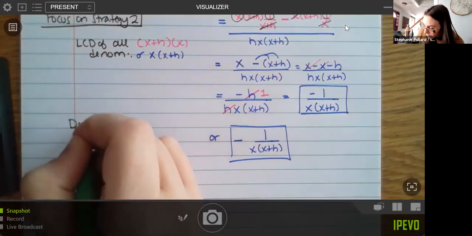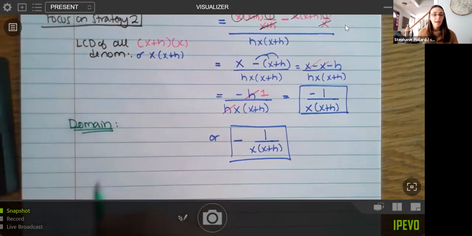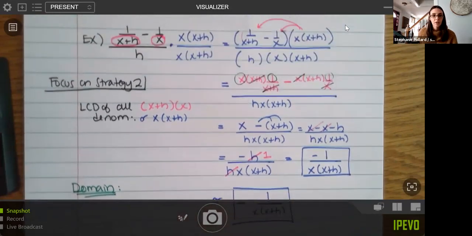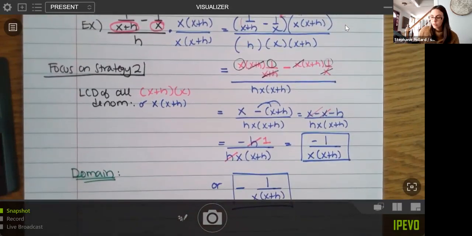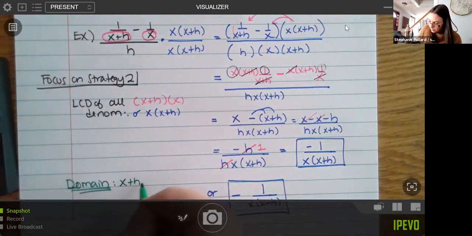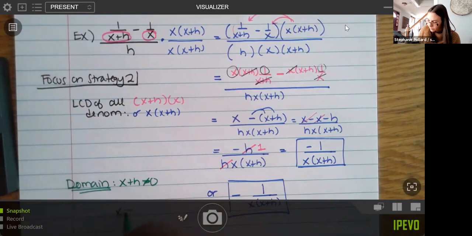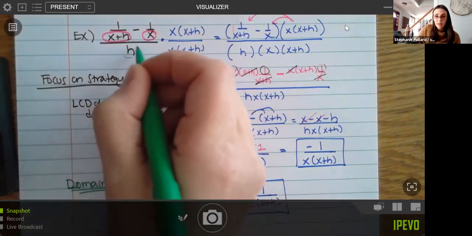Now, again, the big thing to watch out for here are all those domain issues. You have quite a few domain issues here. So think back, I would just go back to the original problem first to see all those denominators. So you have one denominator here, another one here. And actually, you do have one here as well, right? Because